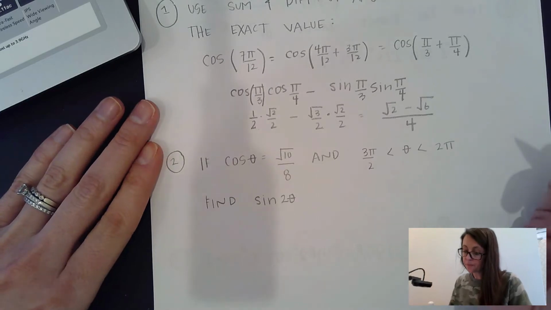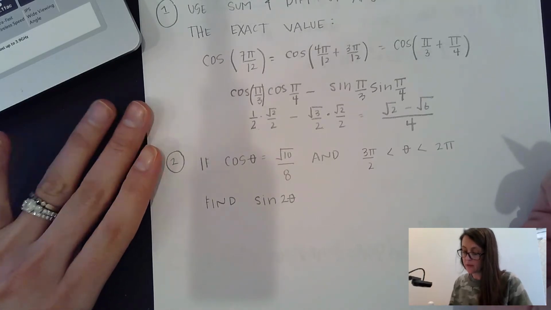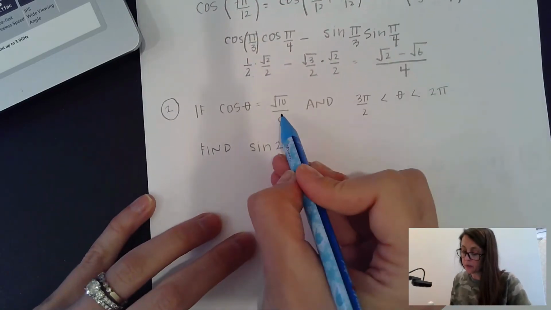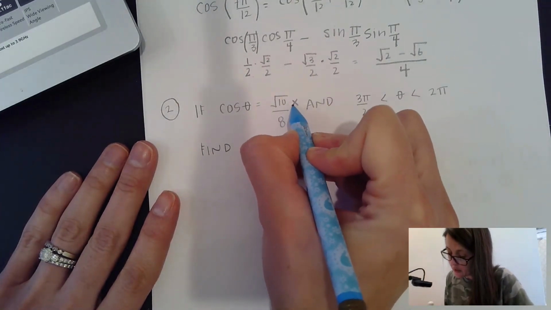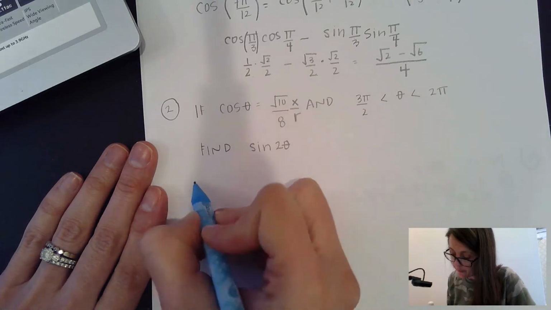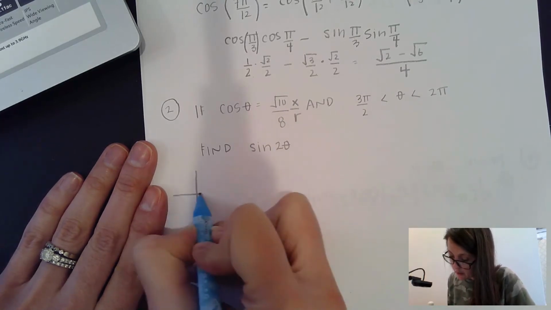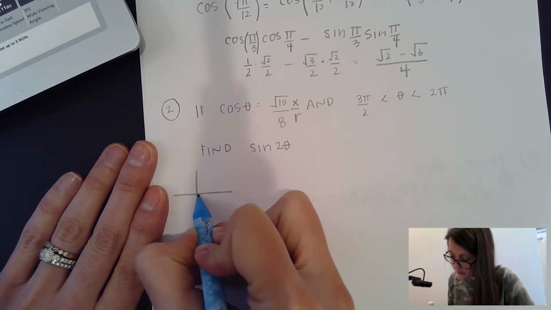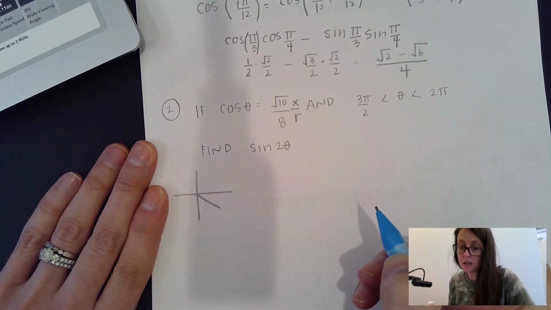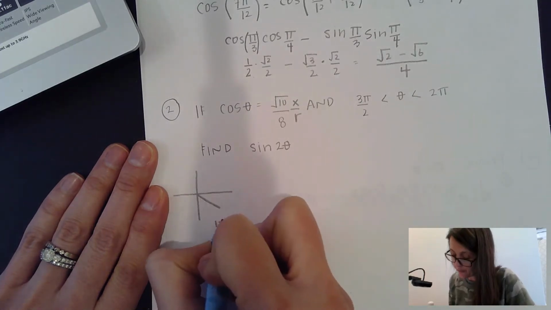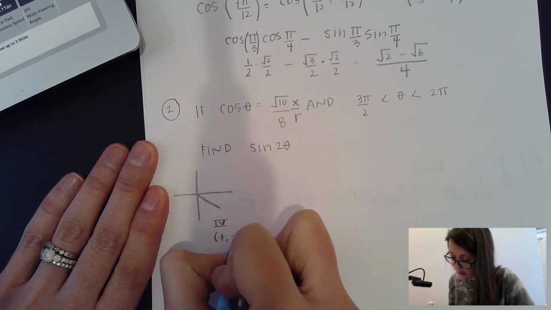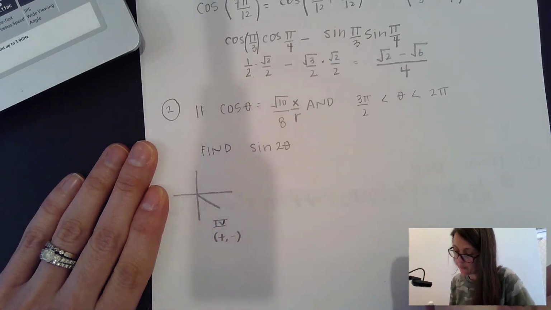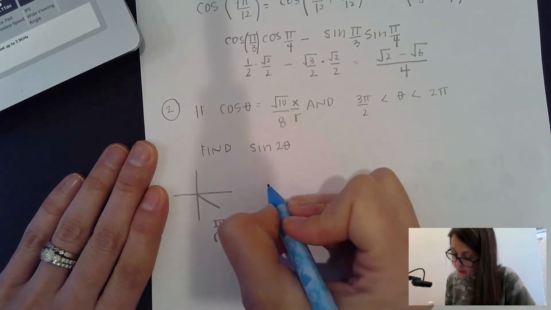Good deal. Alright, so this one says if cosine of theta is equal to square root of 10 over 8, so remember cosine is x over r, and theta is going to be between 3 pi over 2 and 2 pi, so that means theta ends in the fourth quadrant. So my y value is going to be negative here. So I can find the y value